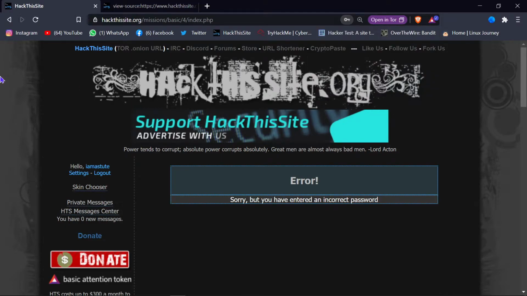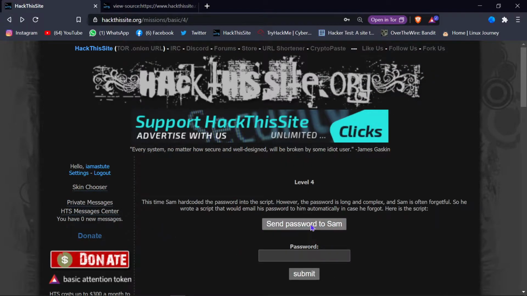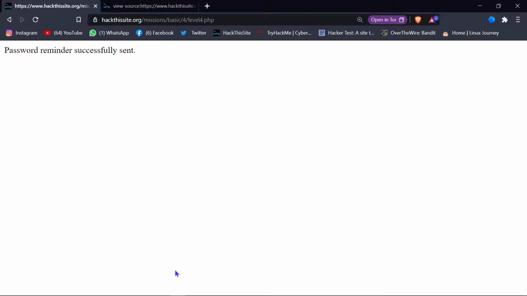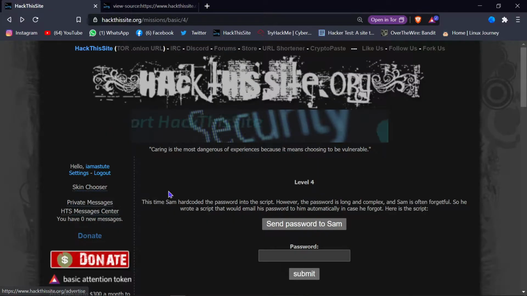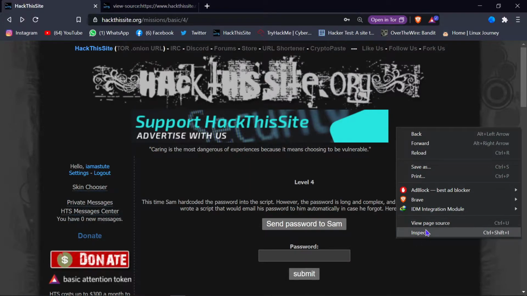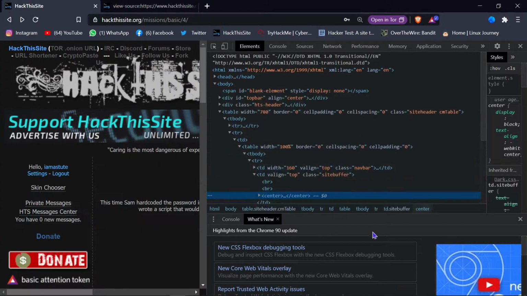Error. Nothing we can do from here. So let's send a password to the same. Password is reminded. Okay, password is in. So what we can do is inspect,